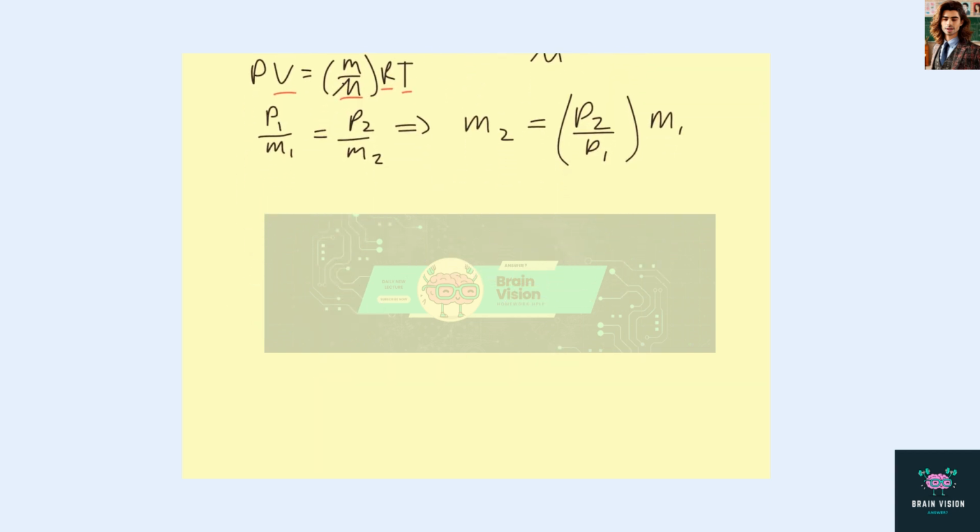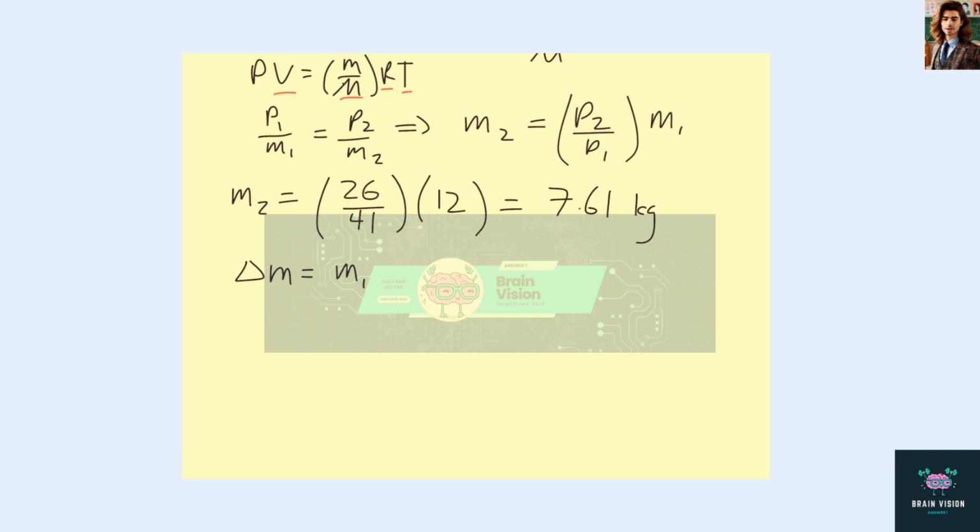So we can put in our numbers for M2, which is just P2, 26 atmospheres, over 41, times the mass originally, which is 12 kilograms, and that should be equal to 7.61 kilograms. Now this question also asks for the mass withdrawn of oxygen gas,